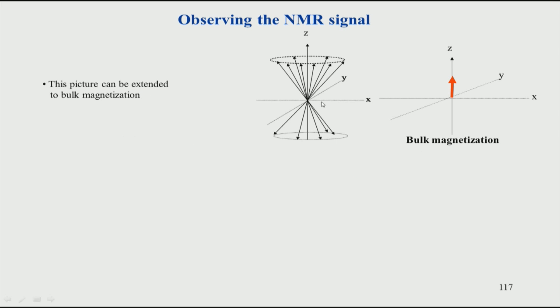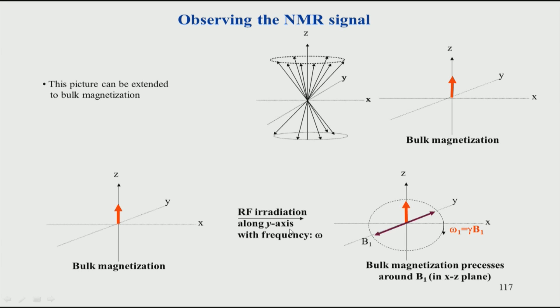So, this is what happens if you look at the bulk magnetization, where you have all the spins together. Remember we saw that we get a net magnetic vector which is shown here in red. What we do is apply RF radiation, suppose along the y axis. In the rotating frame the spin is now static, and it starts tipping or moving around the y axis. This is what is shown here, a magnetic field which is B1.